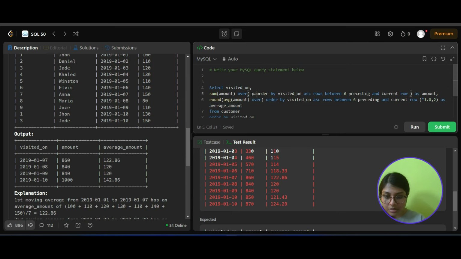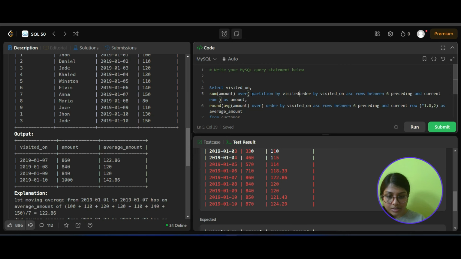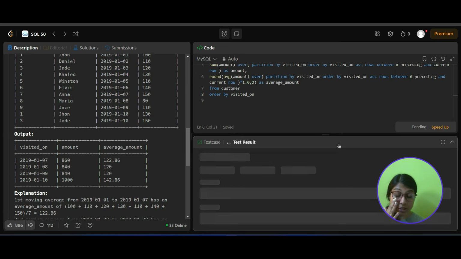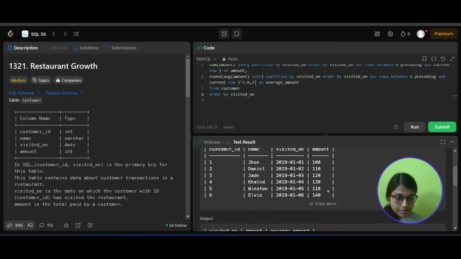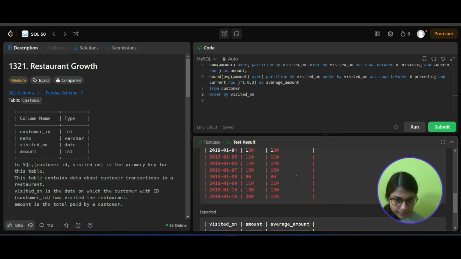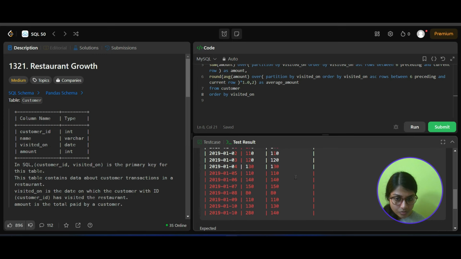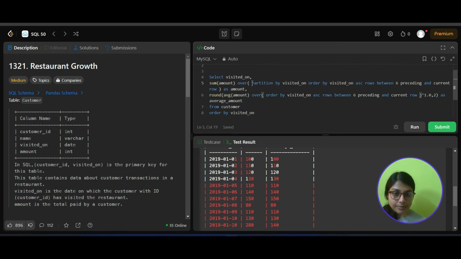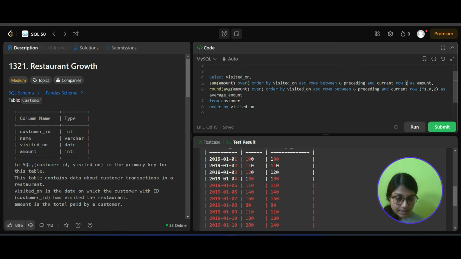So partition by visited on. Yeah, we need this. I thought each row has a separate date, but that is not the case. So let's run it. I think everything else should look fine. We just need to figure out a way to start it only from row 7. What happened? Oh, no, sorry. Partition by cannot be there. If it's partition by, then it won't do a cumulative sum. So this is fine, but